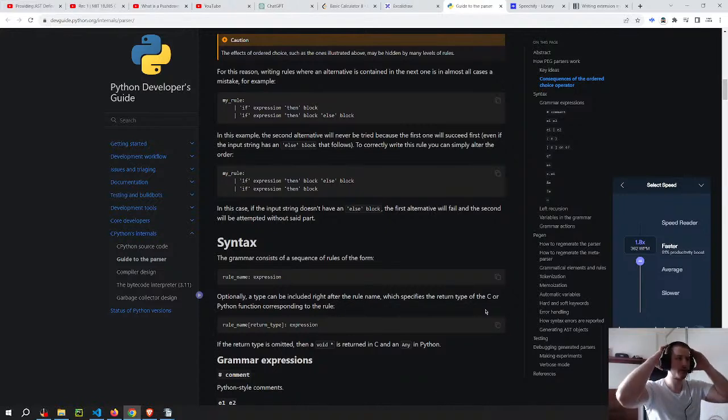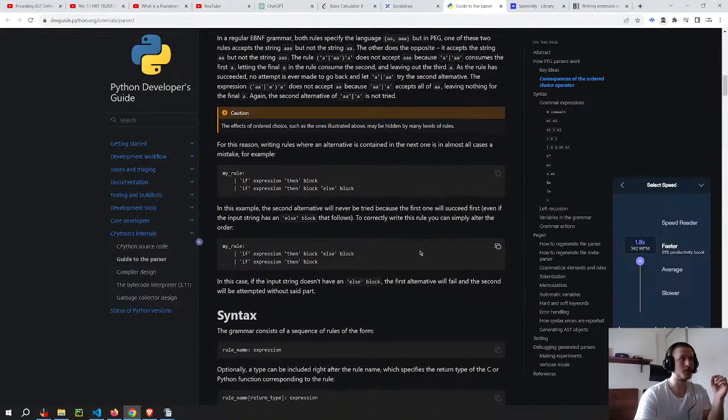But what is kind of confusing to understand is how, once you have the code for the parser, it integrates with the other stuff. Because they say here in the documentation that the difference between CPython and other compilers is that CPython,